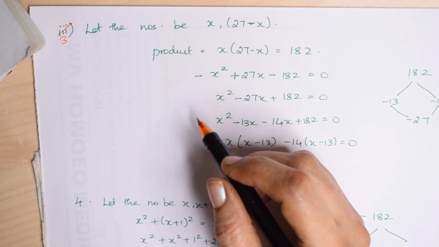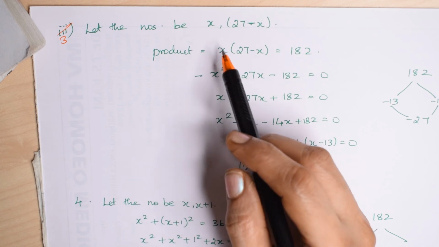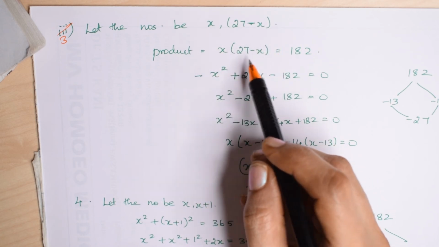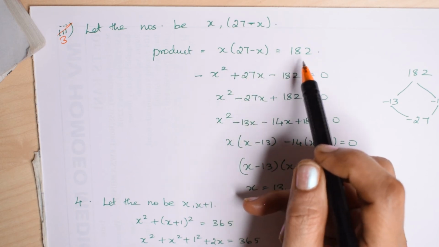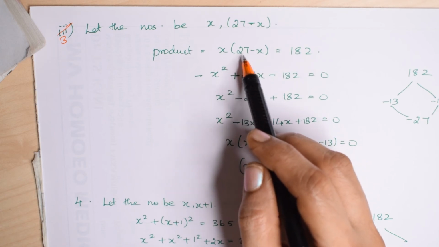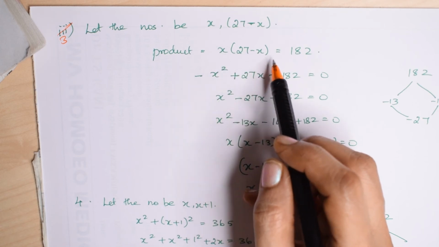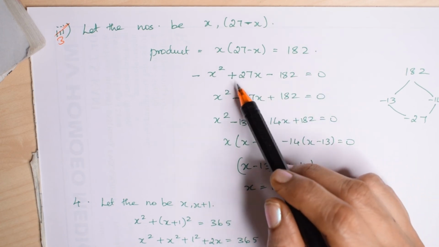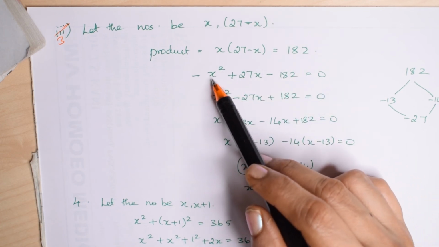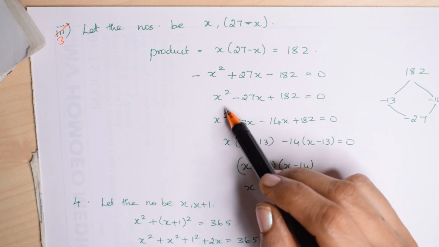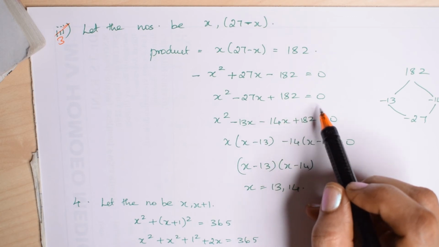Find the two numbers whose sum is 27 and product is 182. Direct sum. Let the numbers be x and 27 minus x. Okay. So the product again is x into 27 minus x is equal to 182. When I make it a quadratic equation, I multiply x inside: 27x minus x square, and then minus 182. Again I said earlier, I don't want minus in the x square term. So I change the symbol of the whole equation. So it becomes x square minus 27x plus 182 is equal to 0.